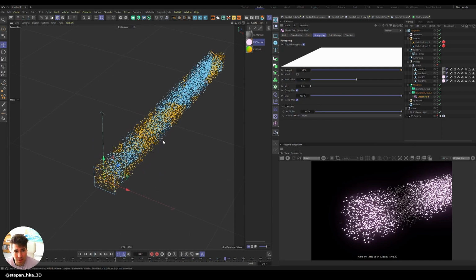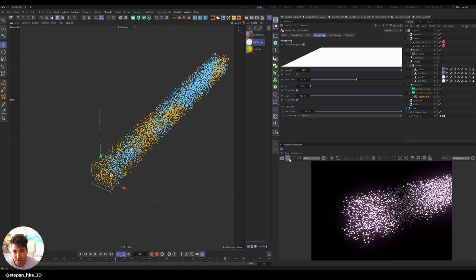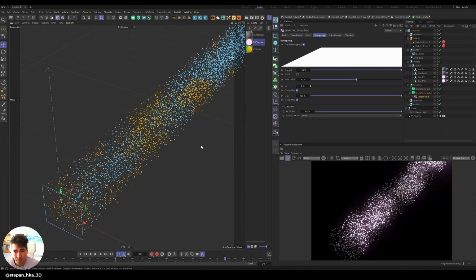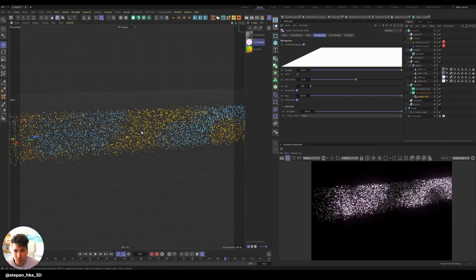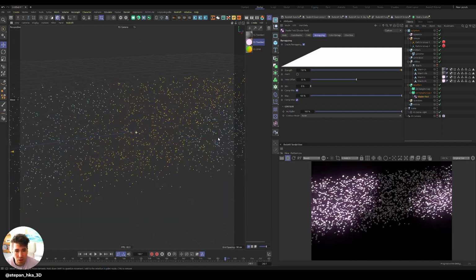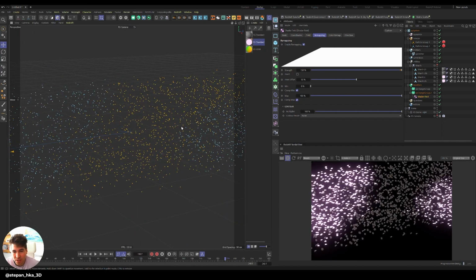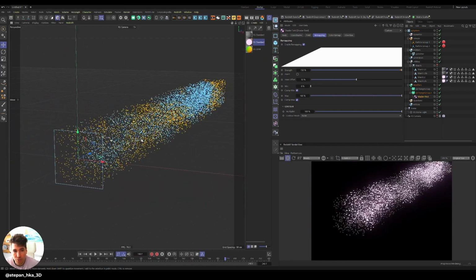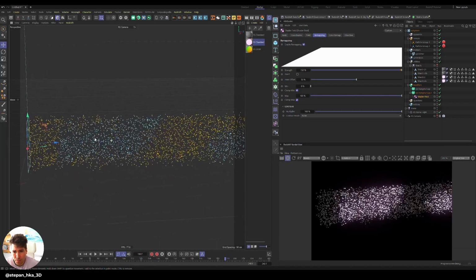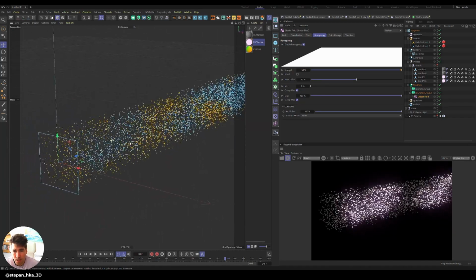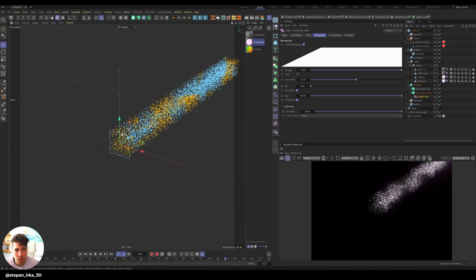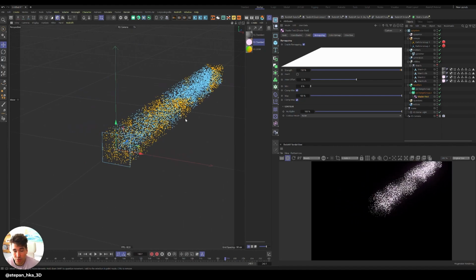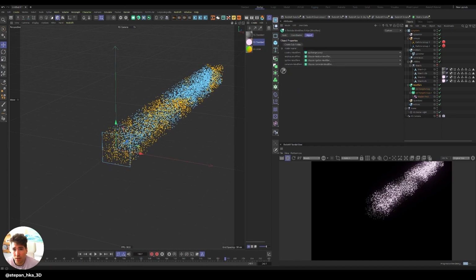And now it's kind of uniform, and you can see if I'm going to just turn on the IPR, it's starting to look interesting, but all of them are pointing the same way. So the emitter shoots them all as they are, and shoots them in the same direction and position as they are. So what we want to do, we're going to bring some randomness to it. But the first thing, we want to change really the direction. And the way I like to do it is using